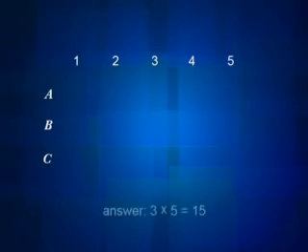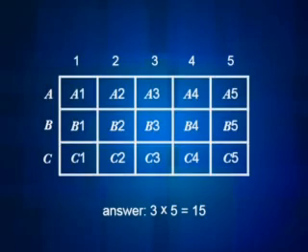Here's a smaller example. Suppose that a label consists of a letter A, B, or C, followed by a number from the set 1 through 5. Then how many labels are possible? We have 3 choices for the letter, followed by 5 choices for the number, so the rule of product would tell us that we have 3 times 5, 15 possible labels. I've listed all the labels here for you to see. They fit inside of a nice 3 by 5 box. That's how we get 15.